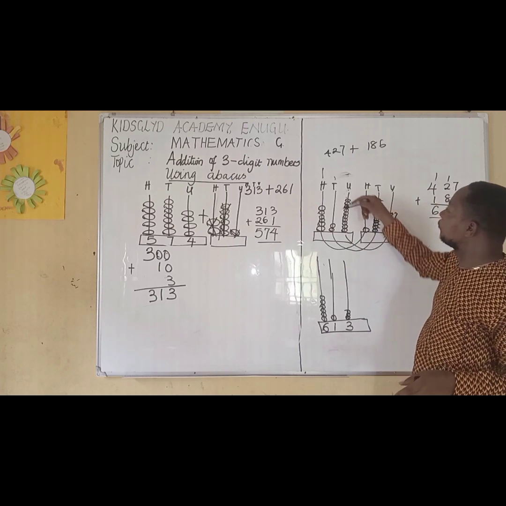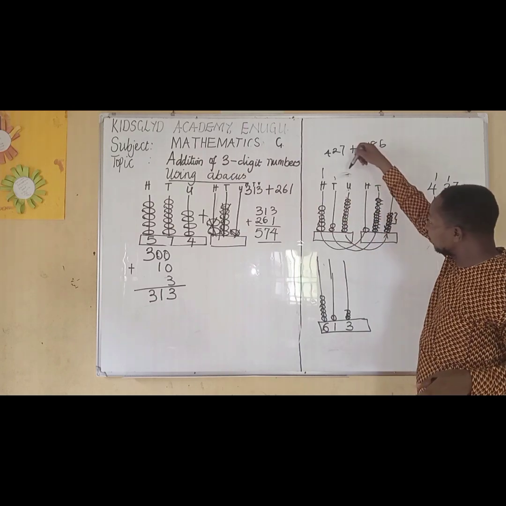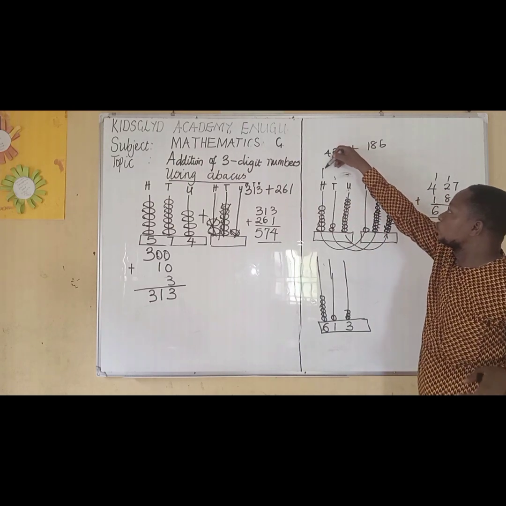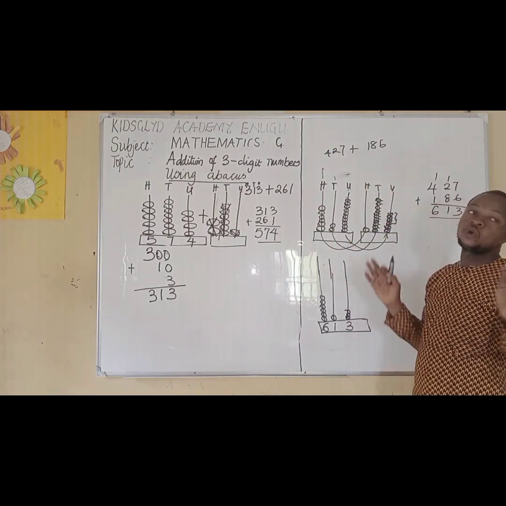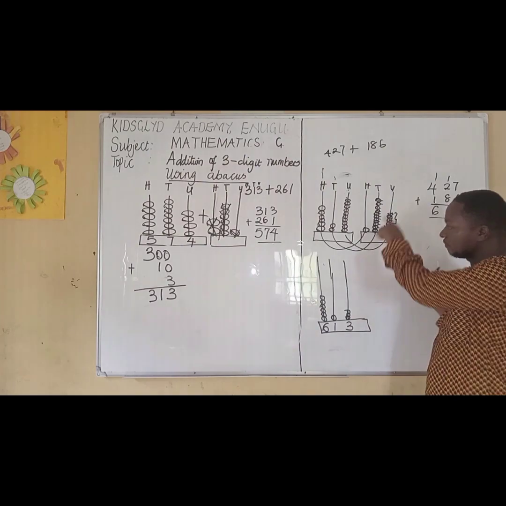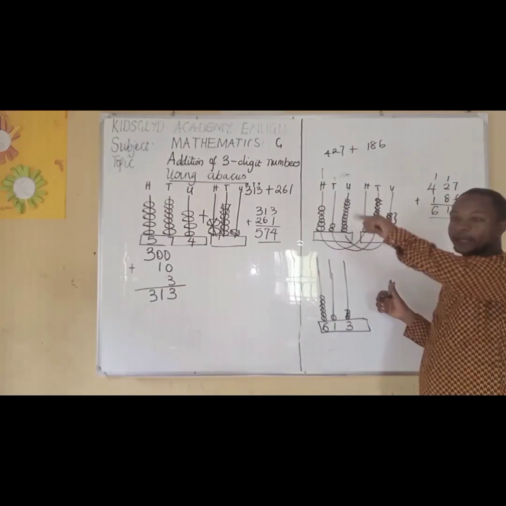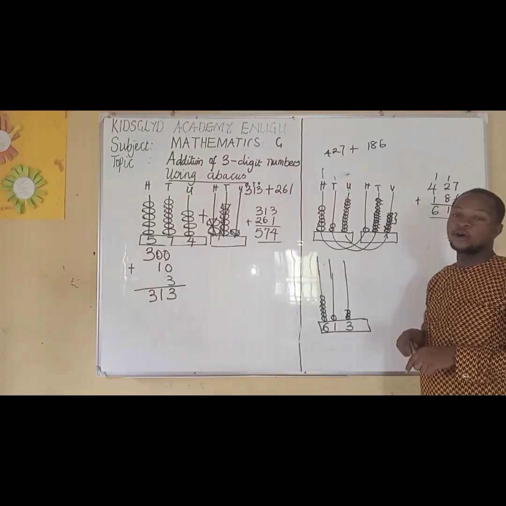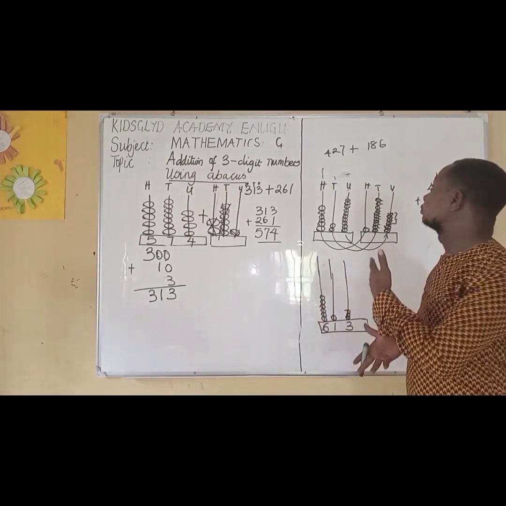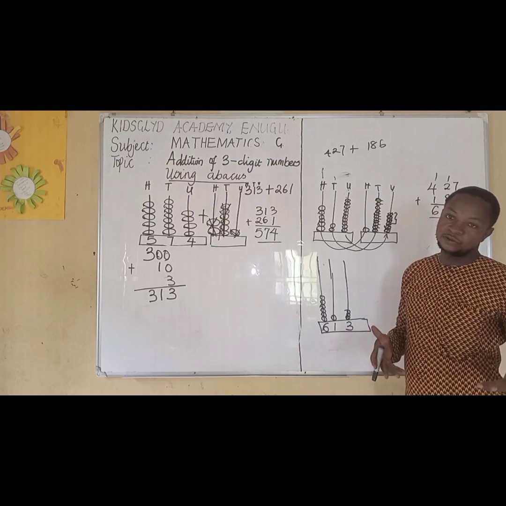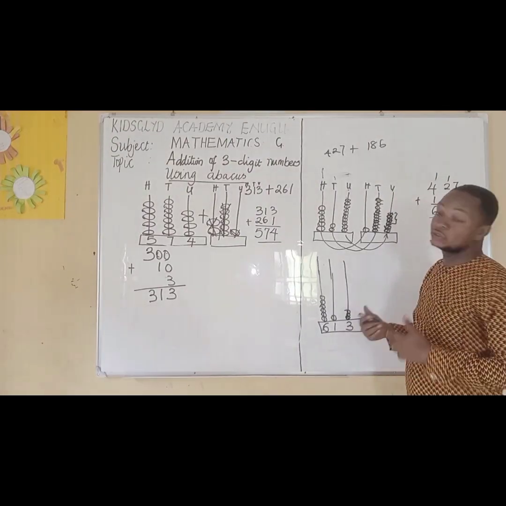This one now, we're only having excess. So we added the excess to the other one there, it became 2. So the 2 comes over here plus the 4. That's what gives us the 6. So if you are doing it carrying over and you are transferring your balls to the next line, you will understand that it is even easier to solve simple addition with abacus than with normal, because sometimes